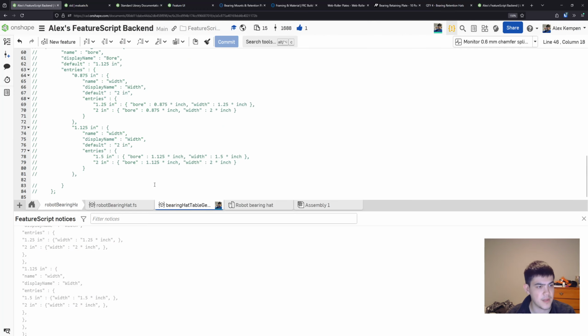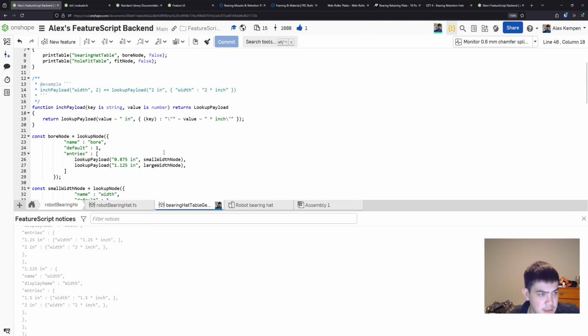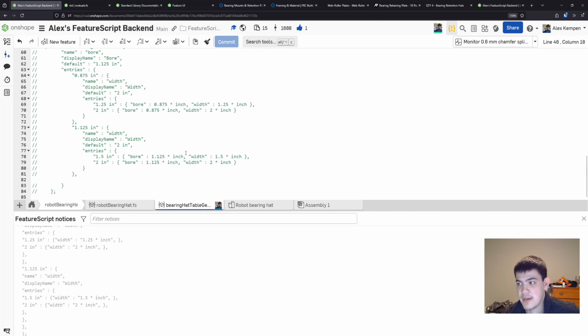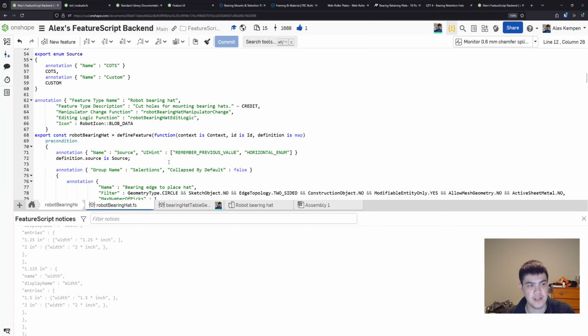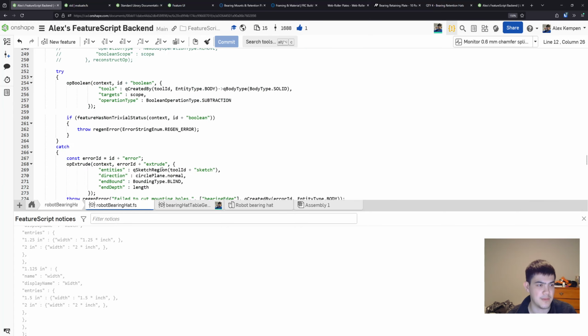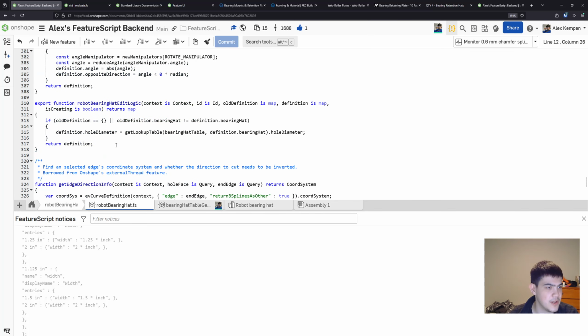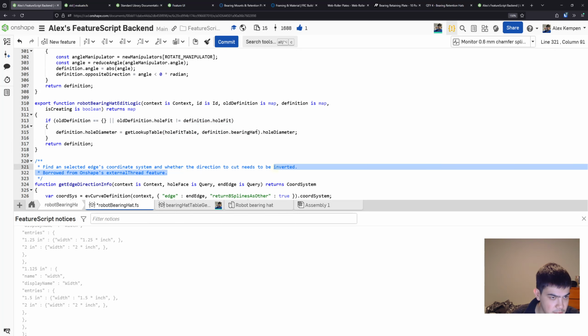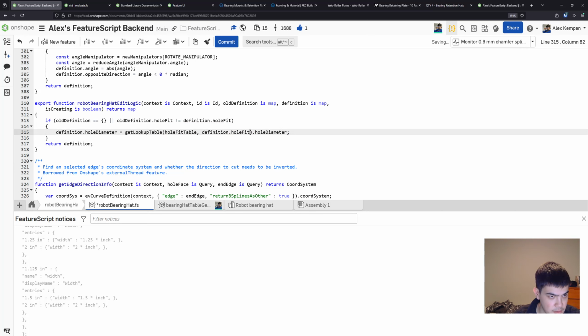So it looks to the user like that's one integrated table, but it's actually two stacked on top of each other. But you know, Onshape doesn't create a distinction between them, so it looks the same, which is helpful. Because this way, we don't have to do logic depending on what source has been selected to determine what option to use. So then we can just do this, update our code, hold fit table, definition dot hole fit,